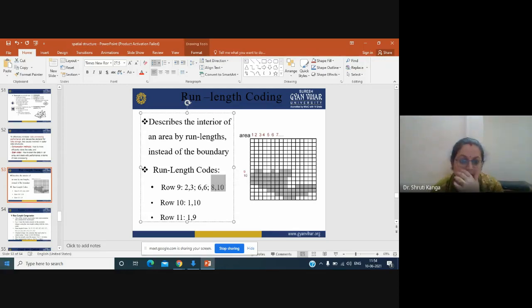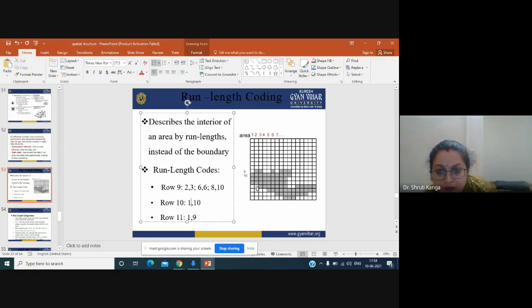Clear मेरी बात? Then if you see in row number 10, okay, from 1 to 10 continuously all the pixels they are falling in row number 10, and then in row number 11 also 1 to 9 continuously they are falling in row number 11.